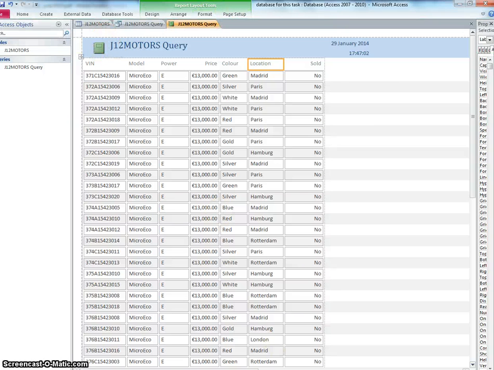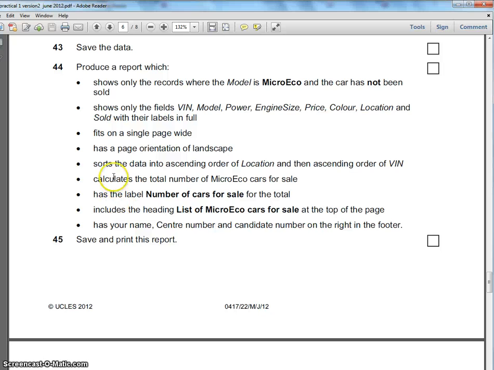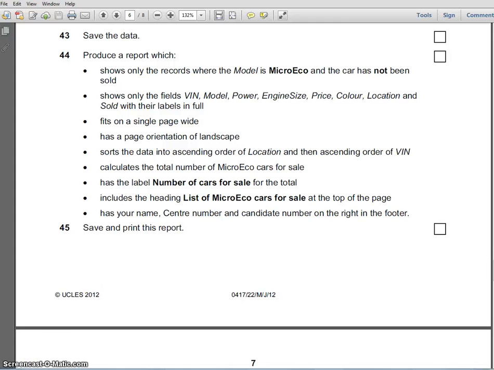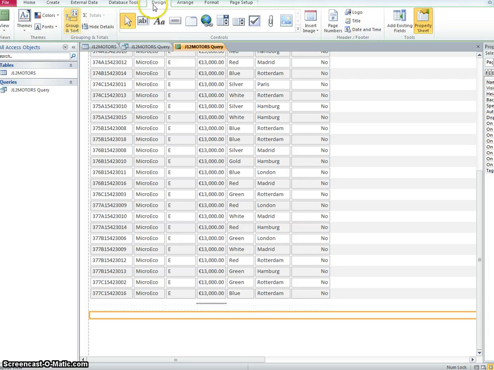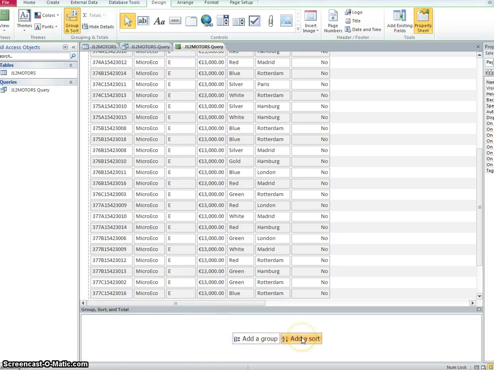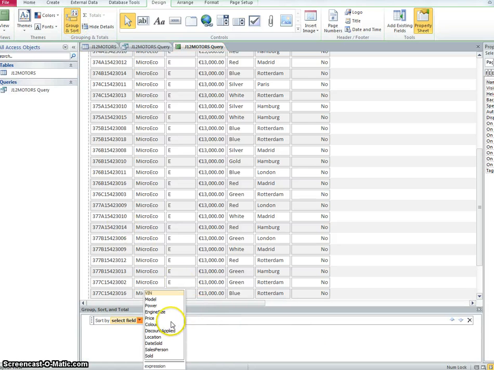And then what I need to do next is sort the data into ascending order of location and then ascending order of VIN. So what I need to do is go and get that information. So I'm in layout view at the moment. So in layout view I can go to design and group and sort, and it asks me to add a sort. So I want to add a sort, and I want to sort by,